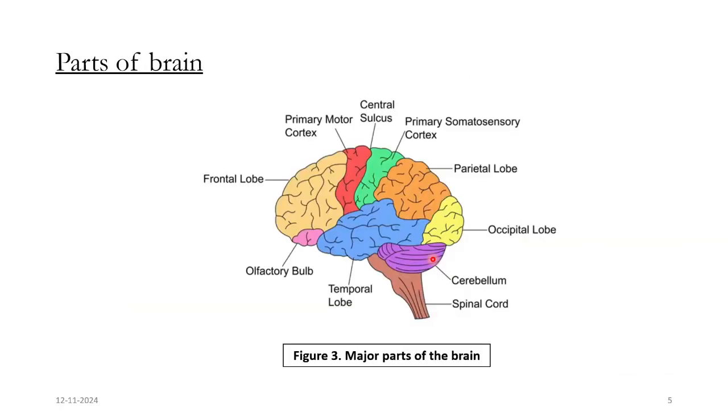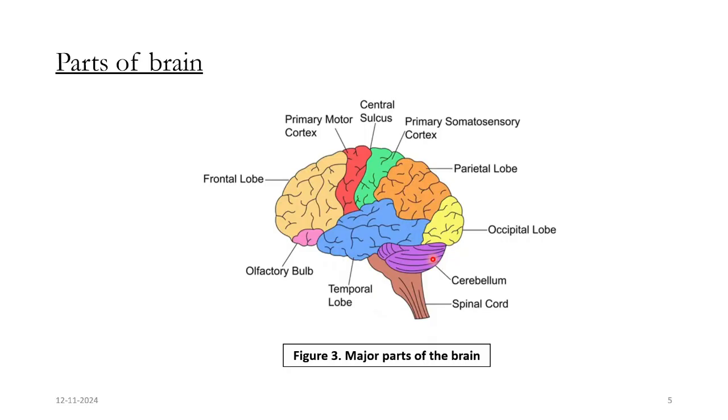So, in order to understand the electrode placement, it's important to know the anatomy of the brain. It's broadly divided into three parts: the brainstem, cerebellum, and cerebrum. Cerebrum can be divided into two parts: the left and right hemisphere. The top layer of the hemisphere is known as the cortex, and receives the sensory information from the sensory organs, and is divided into four lobes: the occipital, temporal, parietal, and the frontal.